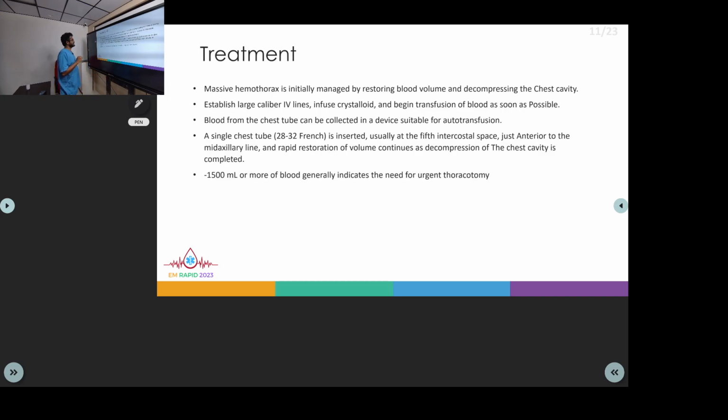Here the treatment is that initially, the patient has lost a lot of volume due to the hemothorax, so we have to restore it by establishing IV lines and infusing crystalloid and blood transfusion as soon as possible. During this time you have to call the surgeons, and also we have to decompress the chest cavity. Here the blood from the chest tube can be collected, and this can be given to the patient itself